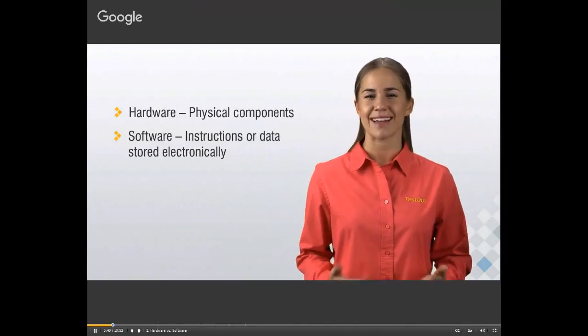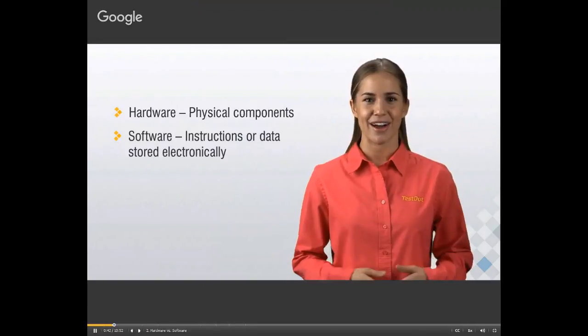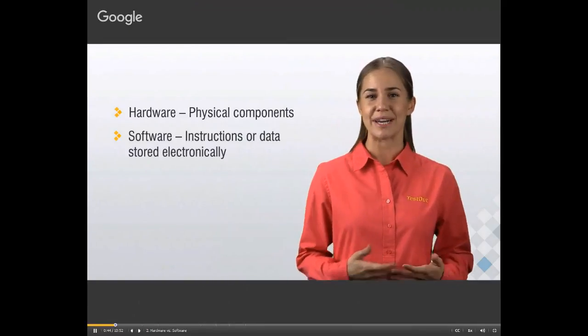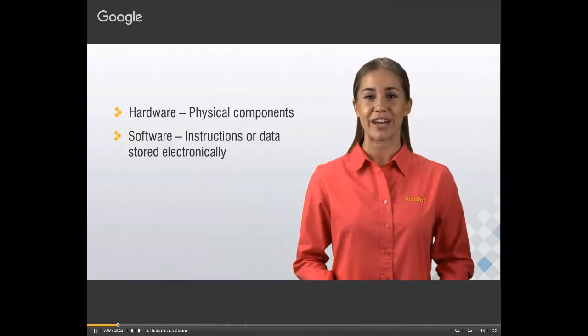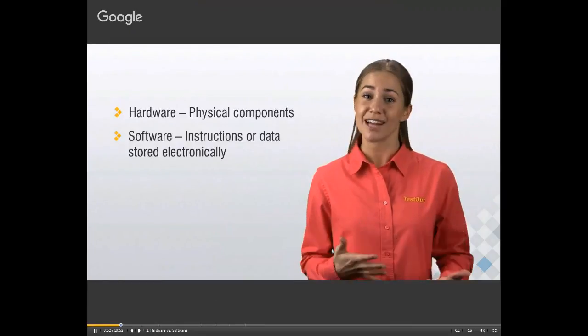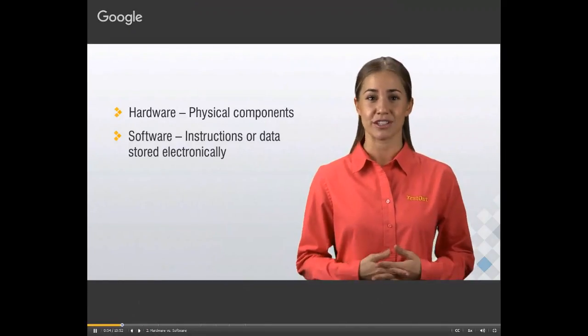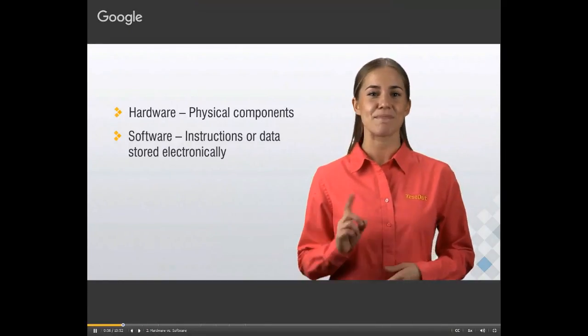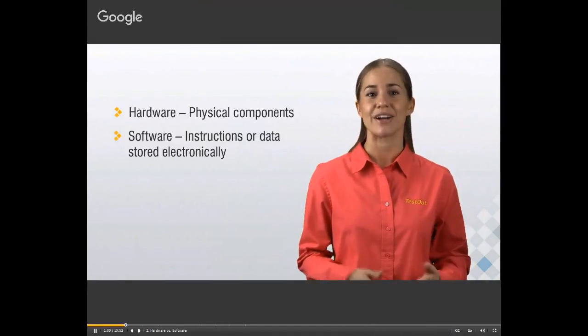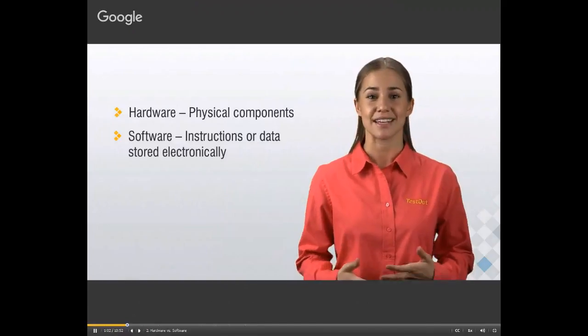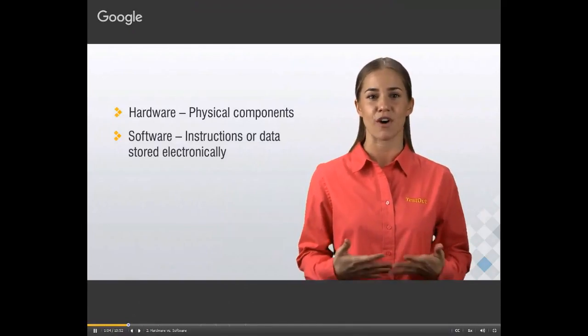Hardware without software is kind of like a car without a driver. A car has the potential to drive, but it needs a driver in order to realize the potential. Without a driver, the car can't do anything. The same is true with hardware. Hardware has a lot of potential, but it needs software to instruct it to use that potential. The main thing to remember is that hardware is the potential. Software is the instructions. In this lesson, we're going to take a look at the different types of hardware devices